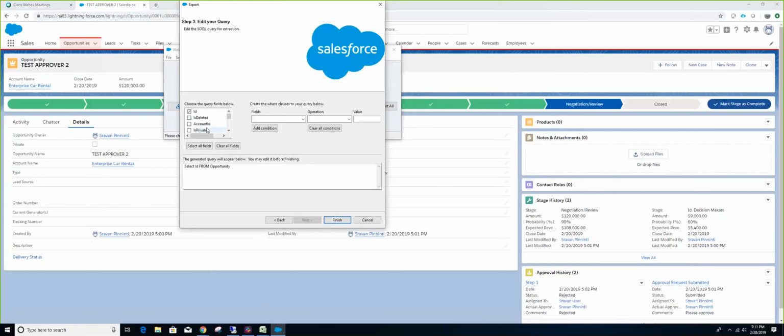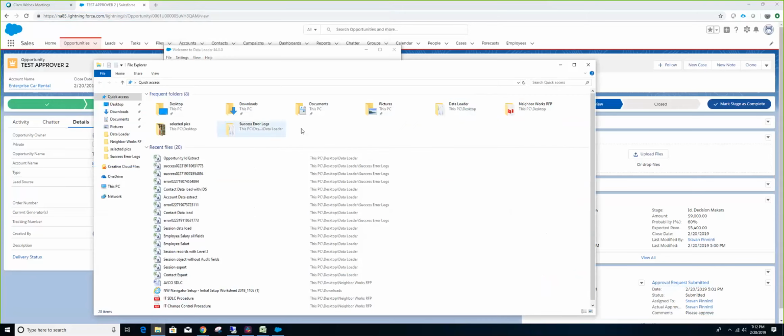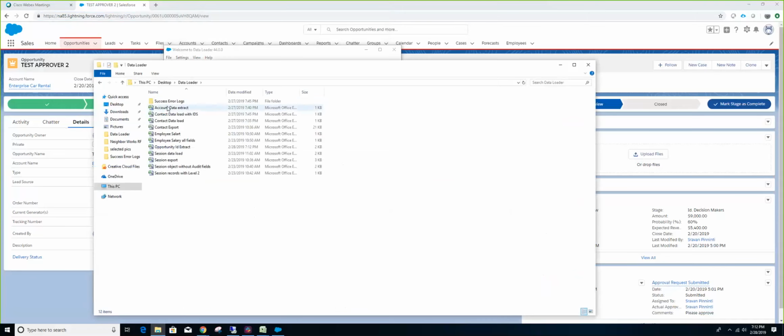Okay, I just want ID and lead source from opportunity. I click it. So I have 40 records in the system. So if I go to data loader,